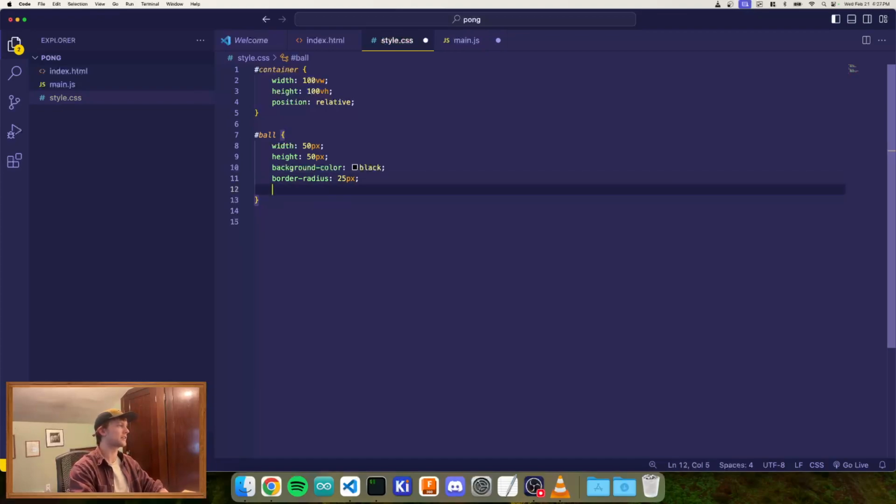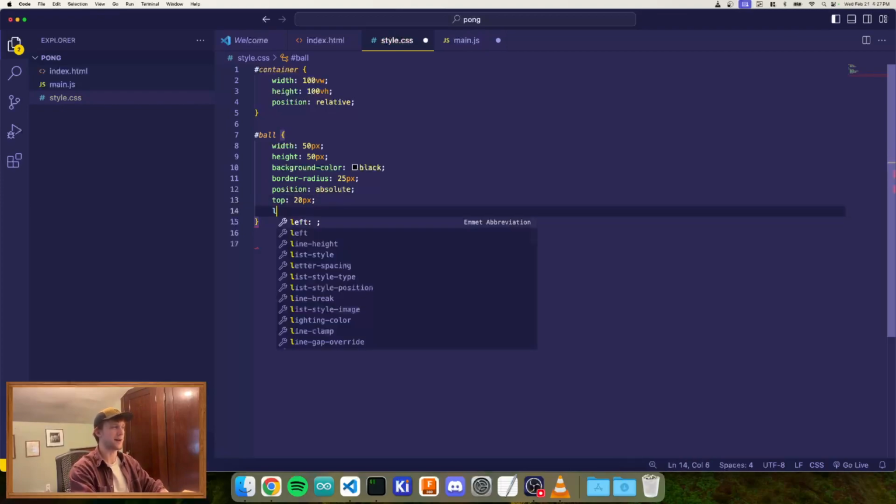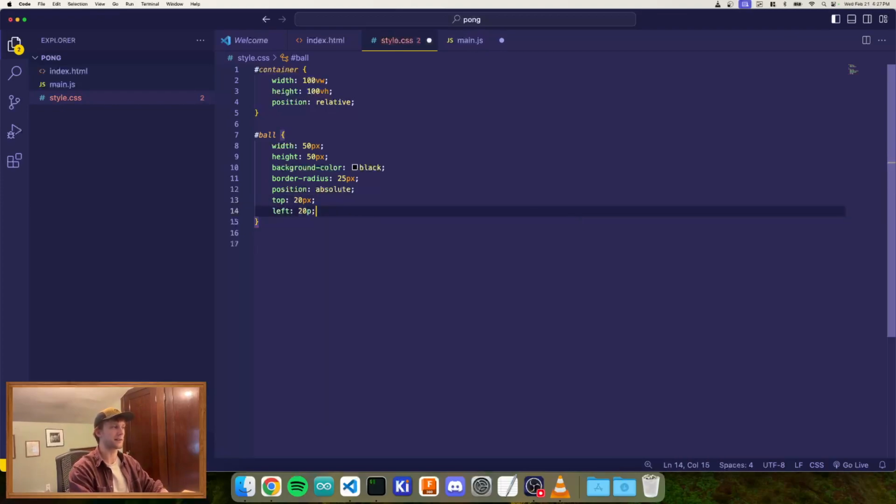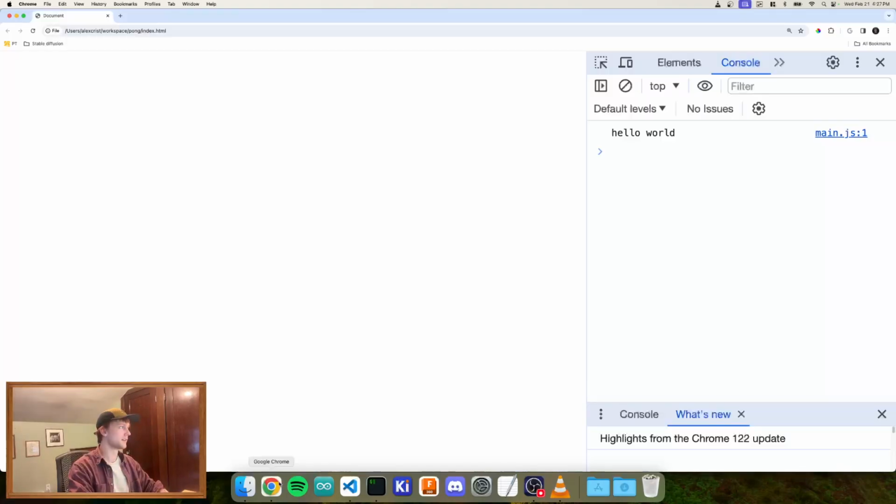Okay, great. The other thing we need to do is we need to say, let's position this thing absolutely, and let's give it some kind of initial coordinates. And we're actually going to end up changing these coordinates in the JavaScript, so it doesn't really matter if we put these in here or not, but let's just do it for example's sake. So we'll say top, that's going to be the top edge of the ball, and left is going to be the left edge of the ball. We'll be 20 pixels away from the top of the parent container and 20 pixels from the left of the parent container. Okay, so if we refresh this, there's our ball,